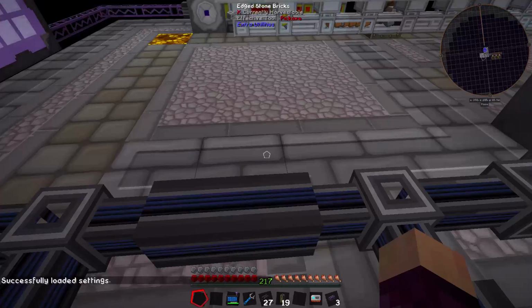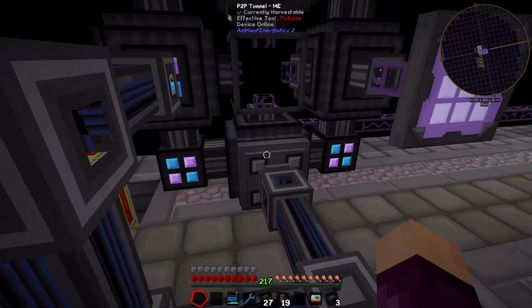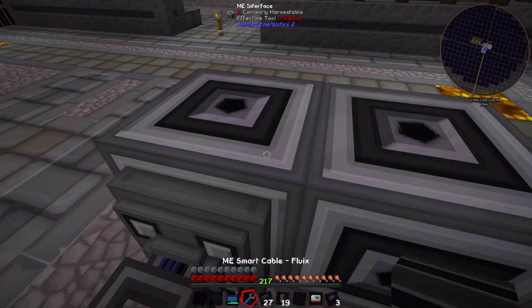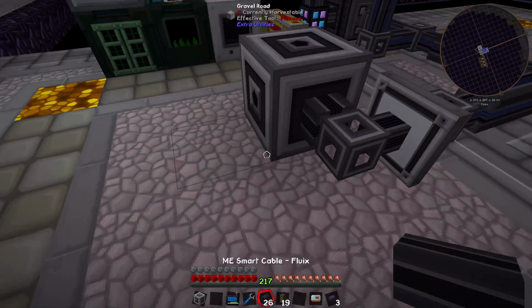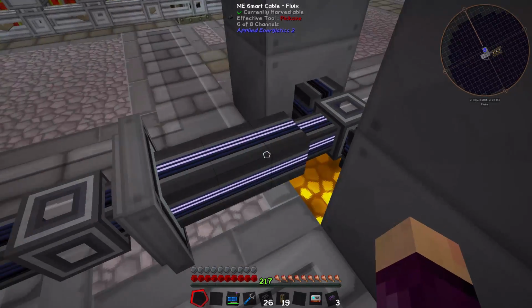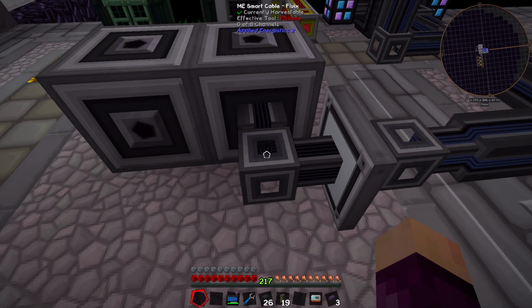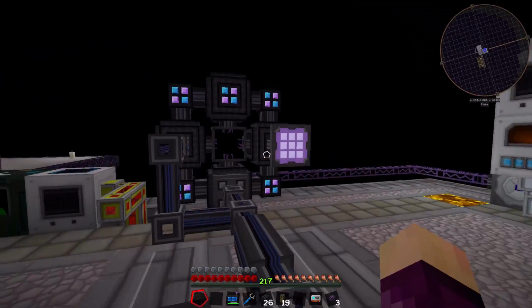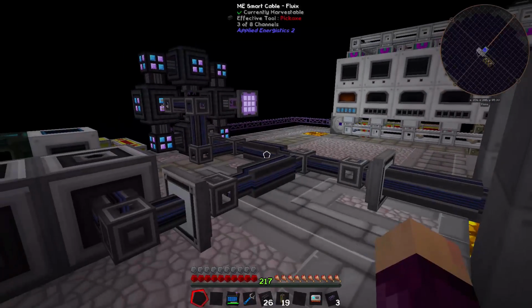You can see this has now got up to 3 channels, because of course we have the 1, the 2, and the 3. But then if we were to do something more, I guess like this, just to show it off, if we were to put that there, this will go back down to 4 in a second, but we can still use up to 8, and then over here, this one will jump up to 2, and we get an extra 8. So for every one of these P2P tunnels that we add to this original one, we get an extra 8